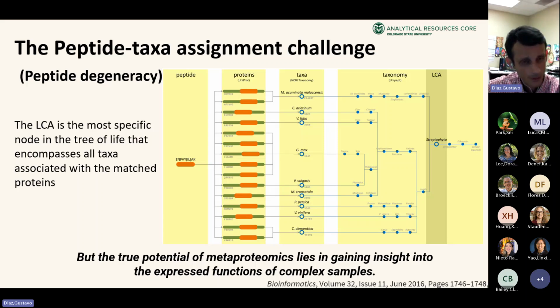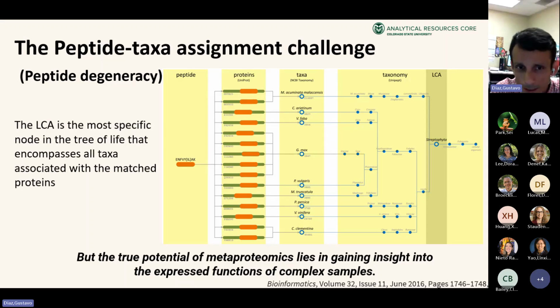So we use this tool. It's known as UniPept, and to streamline the process, what they did was to generate all the peptides and all the assignments to its LCA for all the peptides available in UniProt. Then they store this information in a server, and we will be able to just use those databases to search our peptides from our sample sets. And here we have now a taxonomic assignment of our peptides.